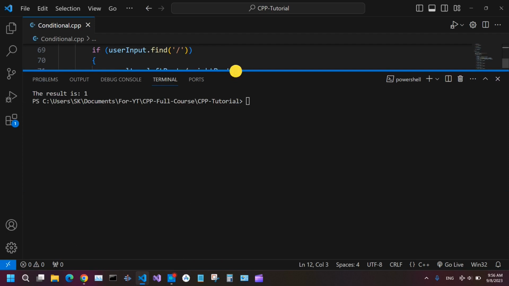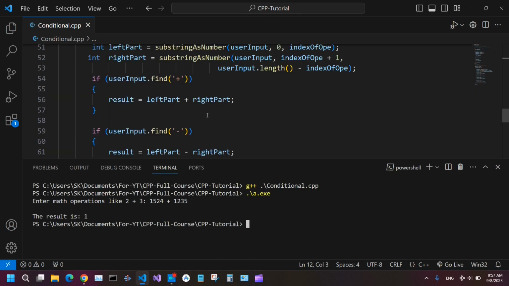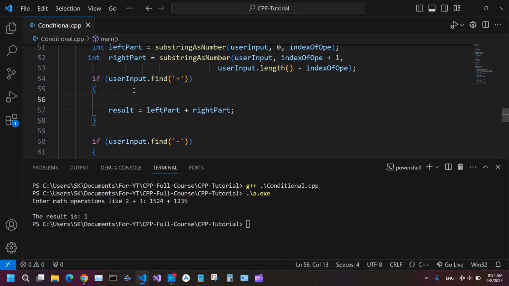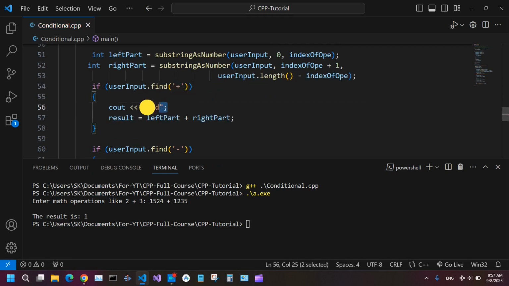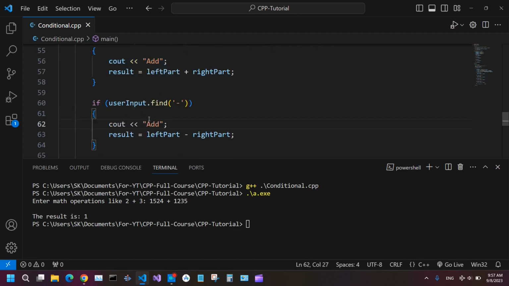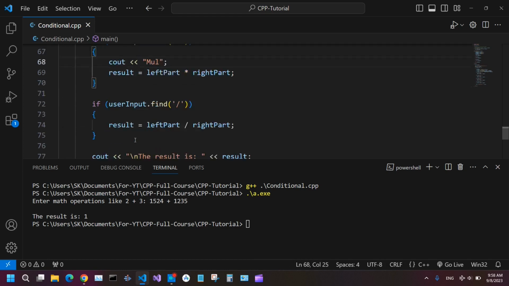Let us try them out. This number plus this number, the result is 1. Let us check why by printing stuff from here. Control C, and then here also Control V. Subtraction, multiplication,